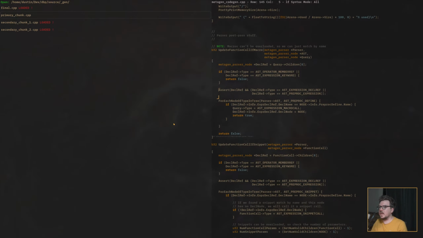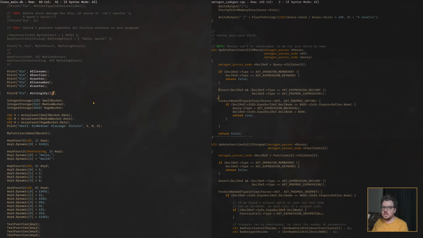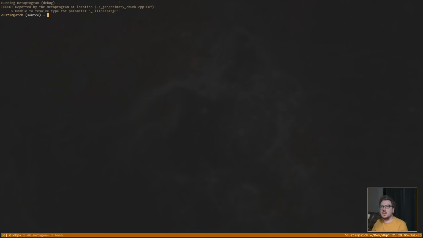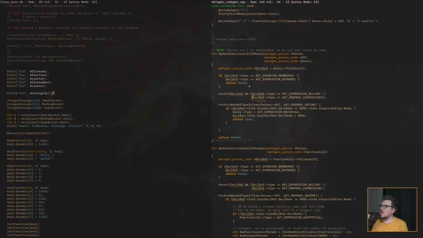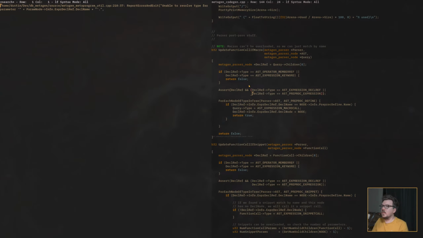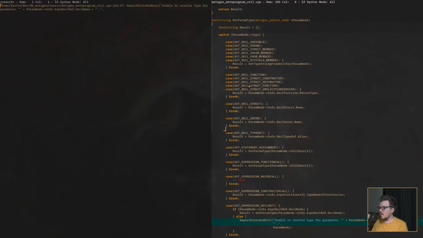So unfortunately it's not getting there yet. So let's see. Unable to resolve type for parameter. Unable to resolve type. So this is in get param type.